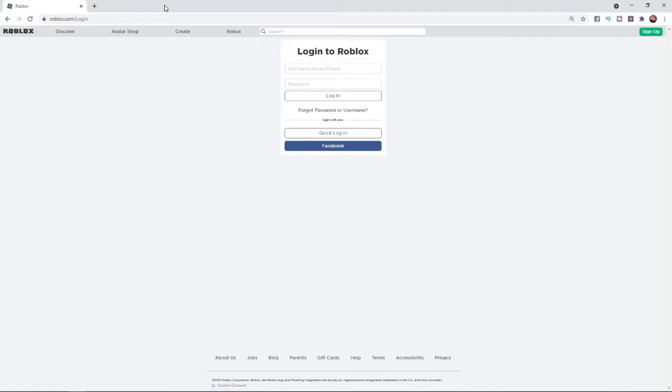In this video, I'm going to show you how you can recover your Roblox account without your password or your